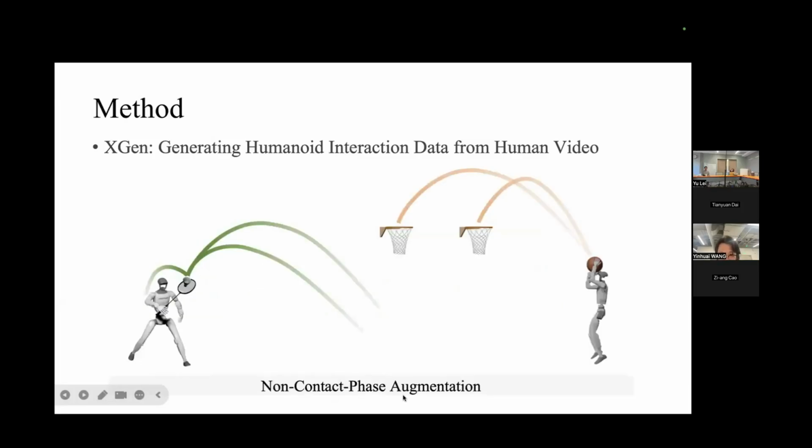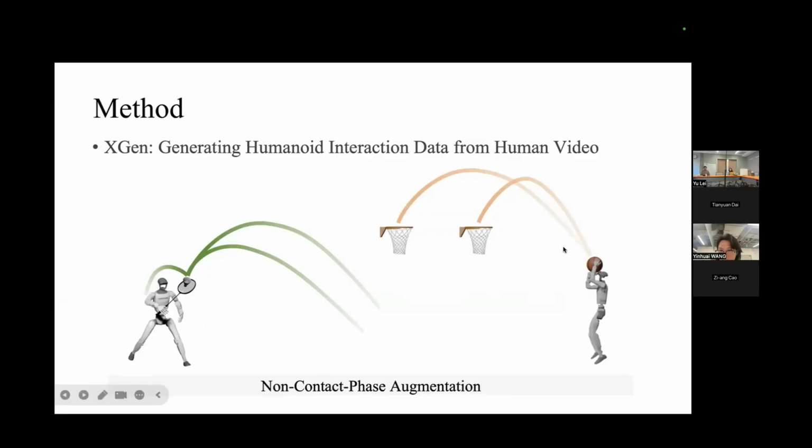For the non-contact phase, we can also have several augmentations. For example, for the badminton hitting task, we can generate different trajectories that hit at the same point, so the robot can learn to hit with different trajectories. Another example is in the basketball shooting task, we can generate basketball shots at different distances.